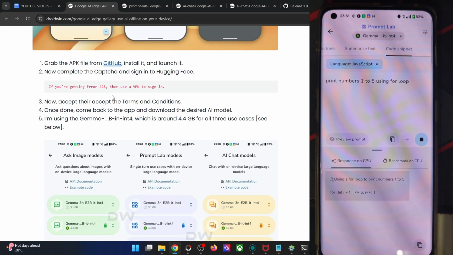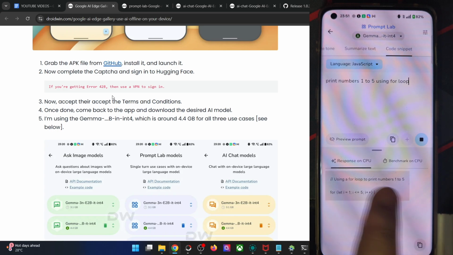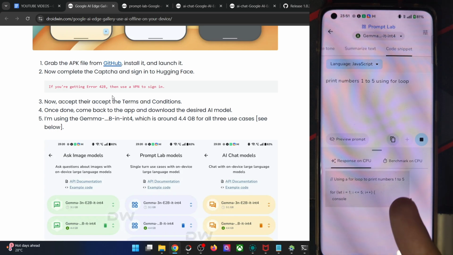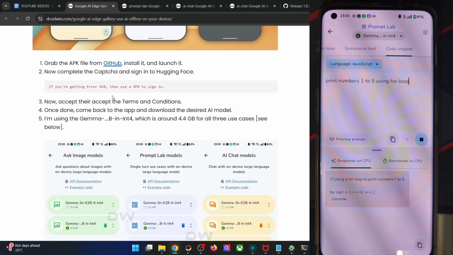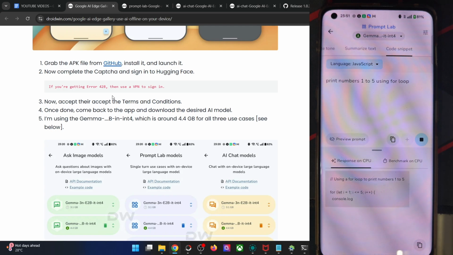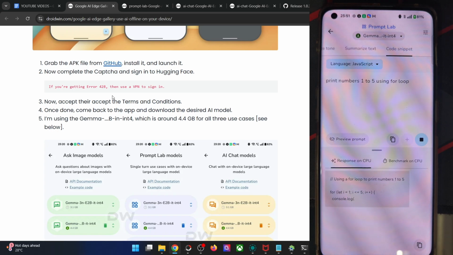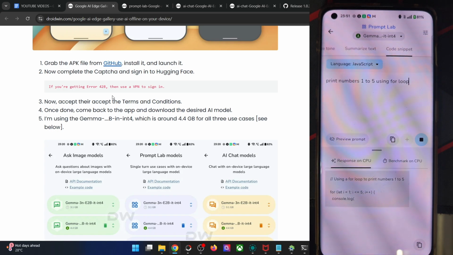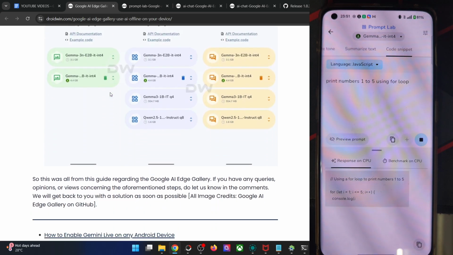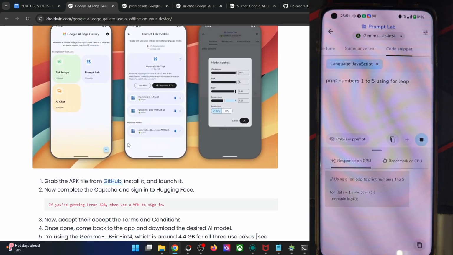So the one line remaining is the console.log(i), and then the closing brackets. I don't know why it was writing the comment, because writing a comment took ages. It simply could have skipped that to get the job done, but still let's wait for that to happen. And console.log(i) is the one, and then semicolon, and then close the bracket, and that's just about it. So anyways, let's wait for a few more seconds, and then we'll try out one more prompt. Let's have a chat with it as well and see how it responds. And that's just about it. One more last bracket is remaining.